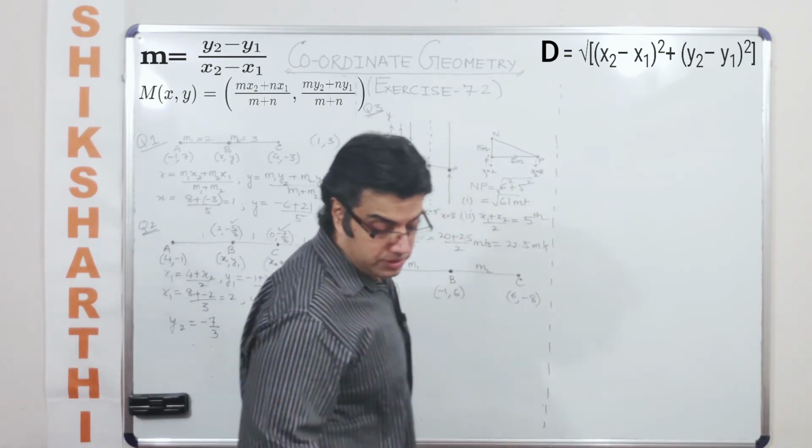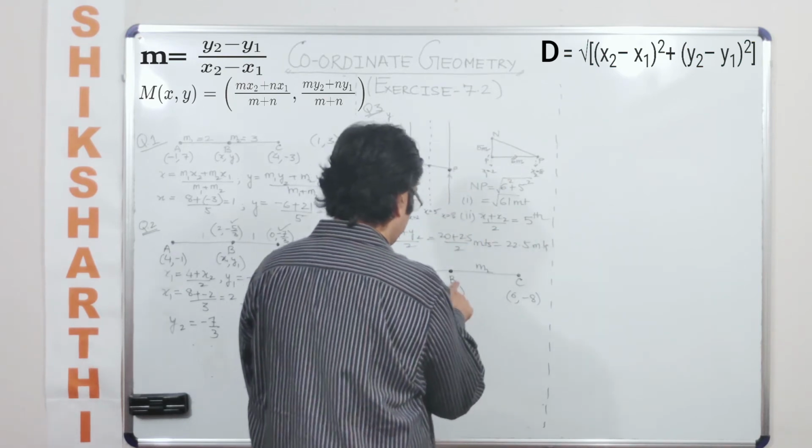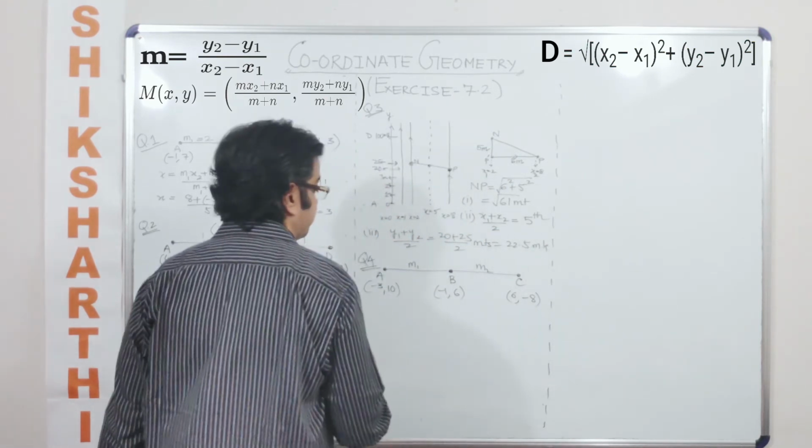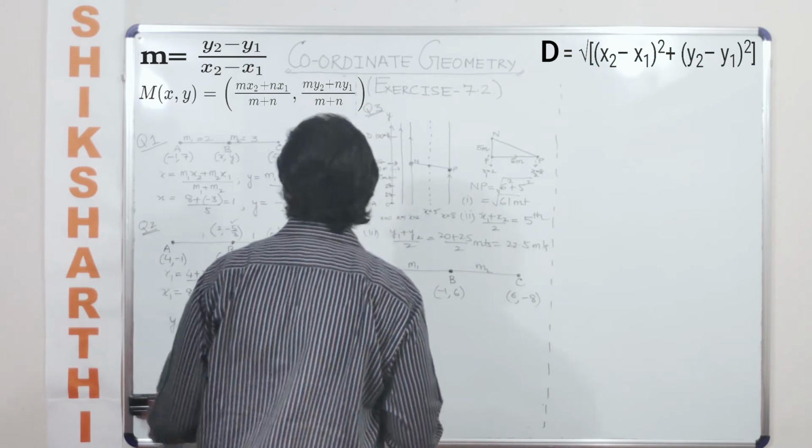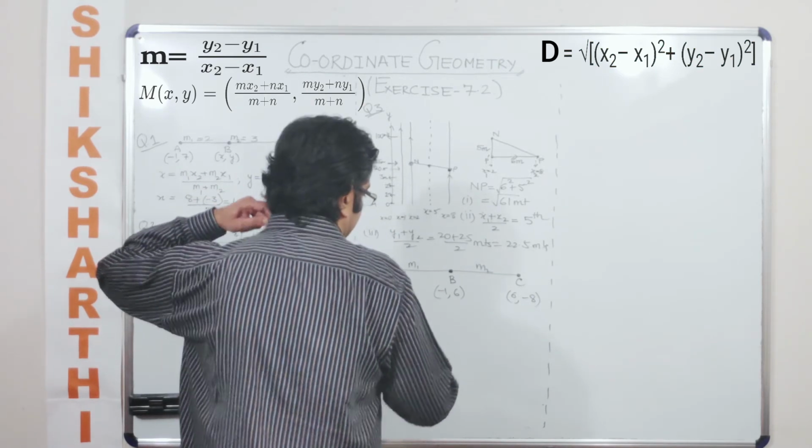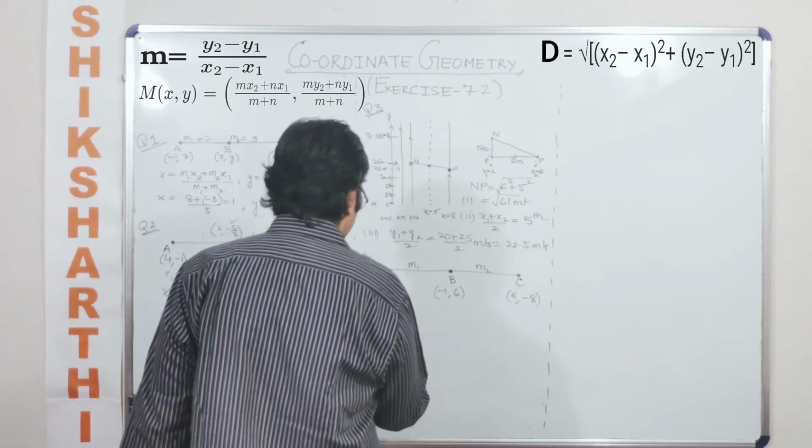So what they are asking you is dividing the join of these points. So B divides the join of this. Okay. So can I use the section formula? Of course I can, which is just like saying minus 1